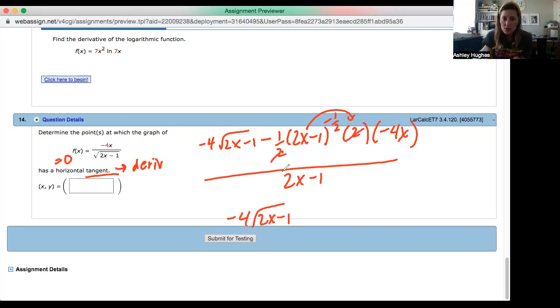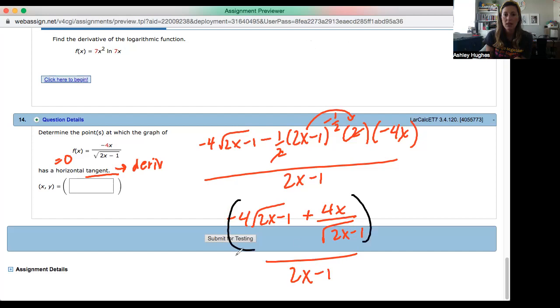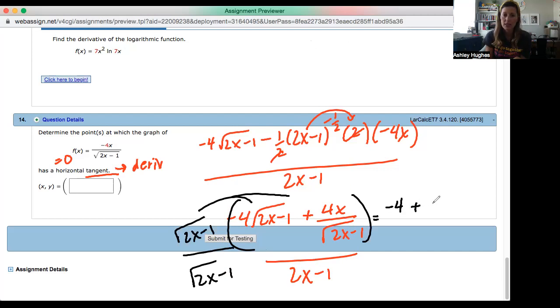These 2's cancel. So a negative and a negative makes a positive 4x over the square root of 2x minus 1. Or 2x minus 1, if you remember my trick from earlier, if I want to get rid of that, I can just multiply by the square root of 2x minus 1 on top and bottom and distribute this. So I get negative 4 plus negative 4 times 2x minus 1, because 2x minus 1 times the square root of 2x minus 1 is just going to be drop the square root